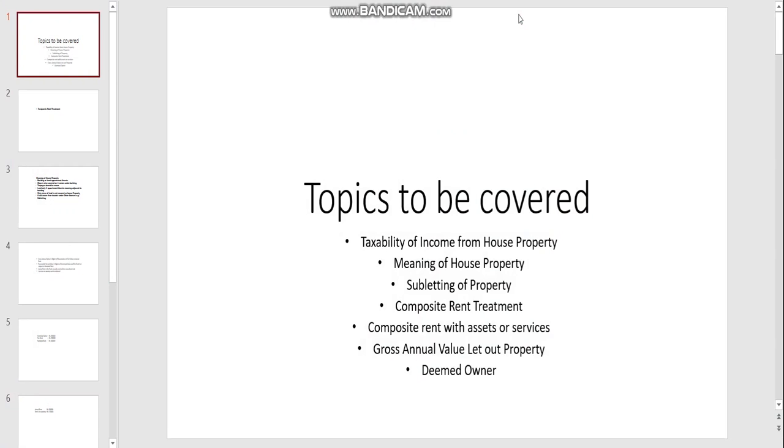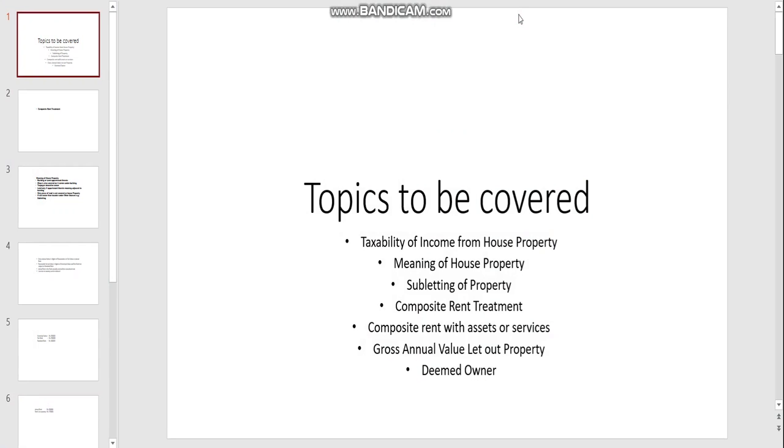First, let us see the topics to be covered. That is taxability of income from house property, what all income is taxable, then meaning and definition of house property under the Income Tax Act, subletting of property, composite rent treatment, that is if we are getting rent for the flat as well as furniture within the flat, then what is taxable under house property and how it is calculated. Then computation of income from house property, which involves gross annual value of let out property, the deductions or expenses which are allowed from that, and the final net annual value, which is taxable income from house